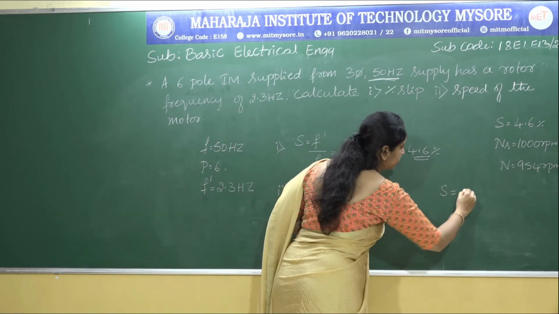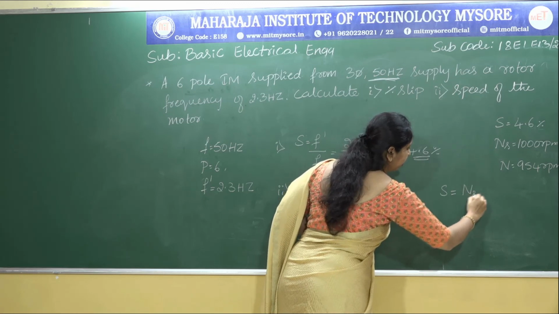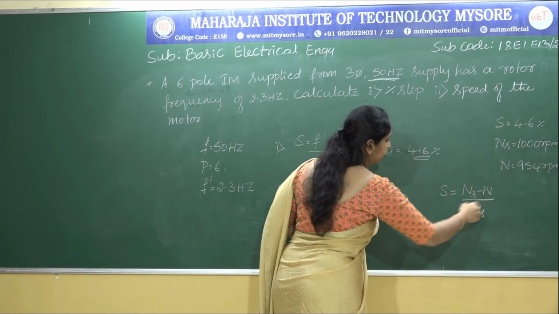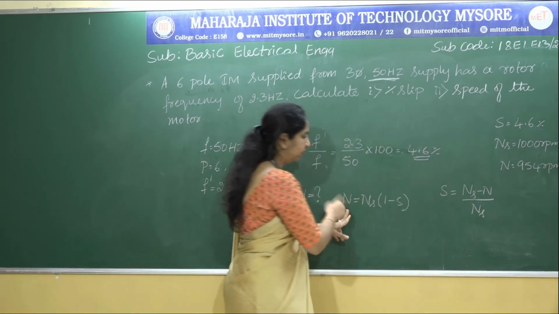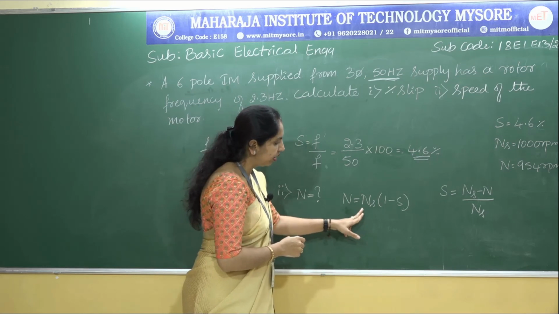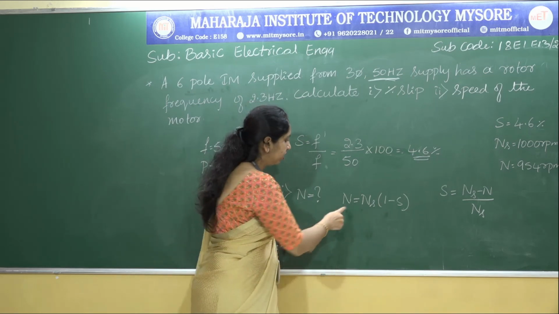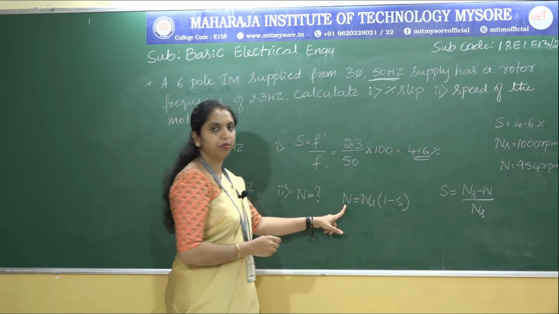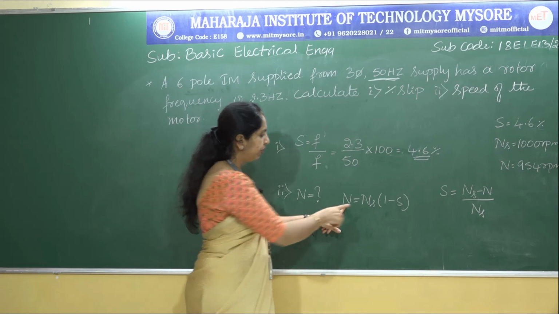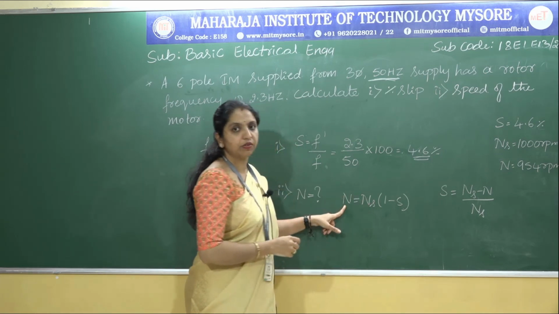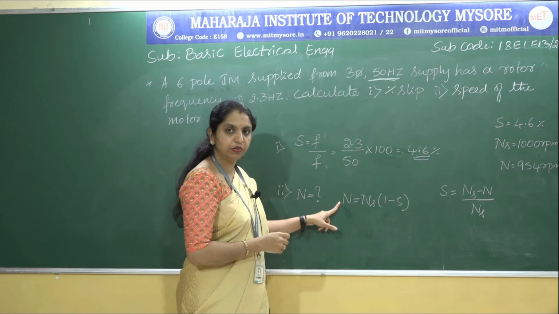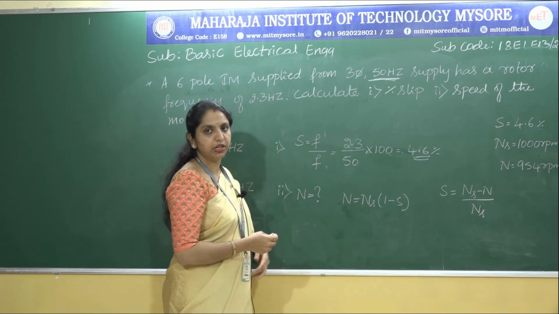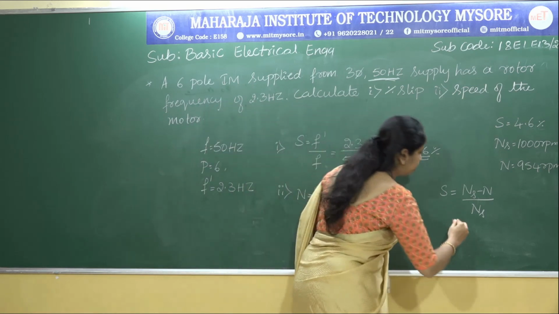So S is equal to the ratio of Ns minus N to Ns. If you further simplify this, you can have the equation as N is equal to Ns into 1 minus S. Here we know the value of S, which we just calculated, 4.6%. And of course we need to calculate the value of Ns. Before we calculate the value of N, we need to calculate the value of Ns, that is synchronous speed. So what is the synchronous speed equation? We know that Ns is equal to